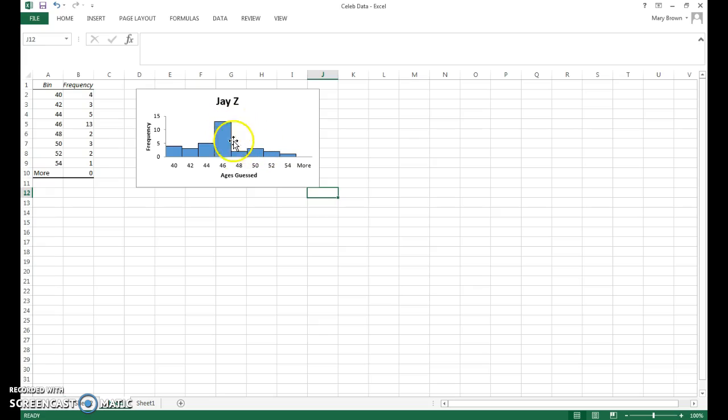I can see that there's a clear peak between 44 and 46. And that most people, this data would be unimodal. It looks like it's not quite symmetrical, maybe skewed to the right a little bit. Yeah, so good luck making your